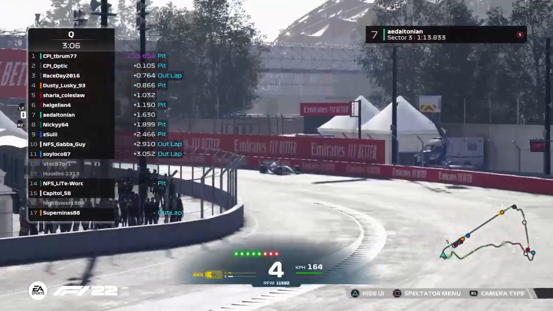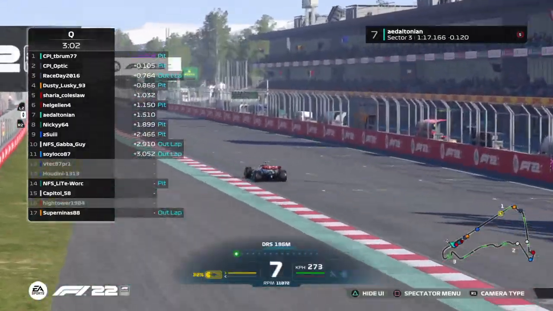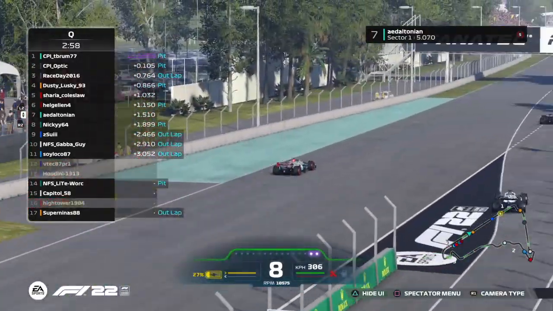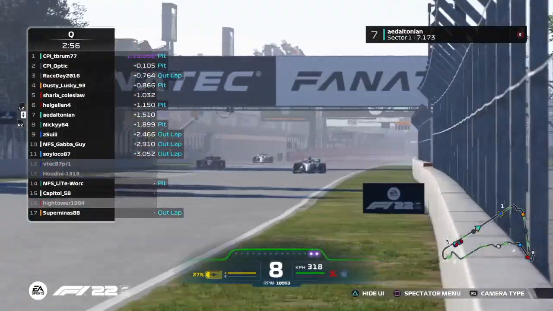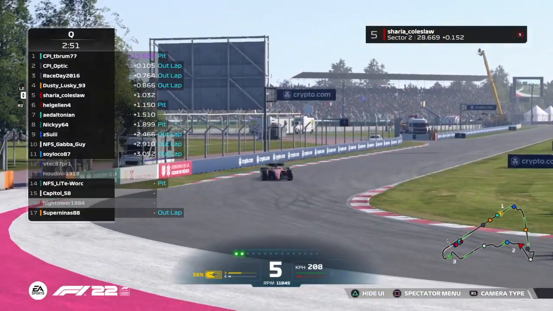Let's see. He's gonna have to complete his lap. It is the better time after all. To the line he goes, and he does improve by just under 1/10. But again, it's not enough to leapfrog him over the Alfa Romeo of Helgeland. Speaking of a timed lap, it looks like...